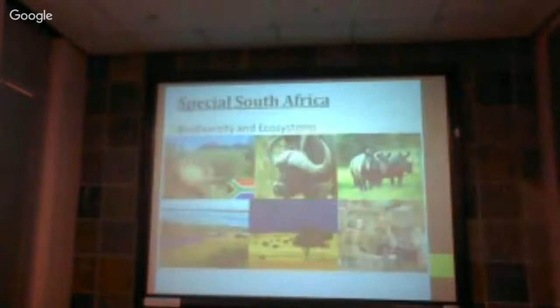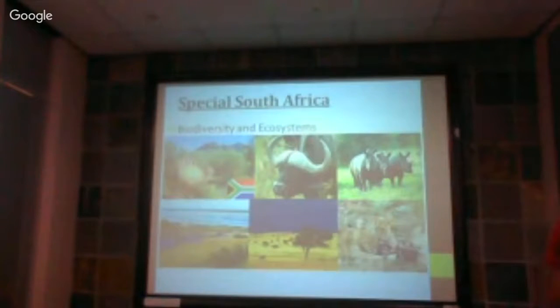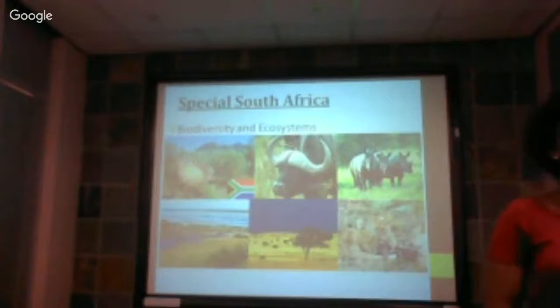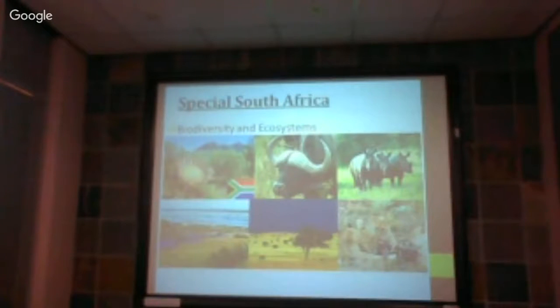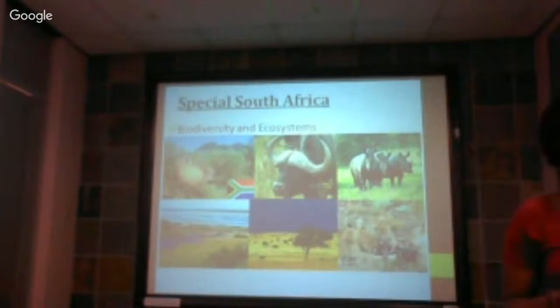Okay, so moving on to our South Africa special, we have a lot of biodiversity firstly, and it also links to our ecosystems and to the HPW values, one of which is diversity. We have our fynbos, we have the Cape Floristic Kingdom, subtropical forests, savannas and grasslands, and this can help people study earth system sciences and help us manage South Africa in a sustainable way and keep these for future generations.